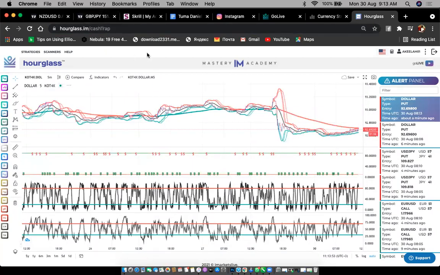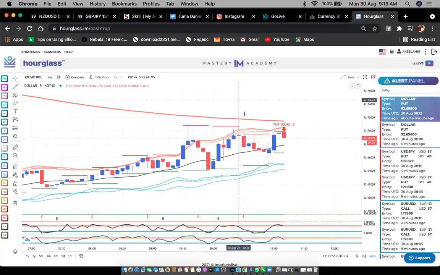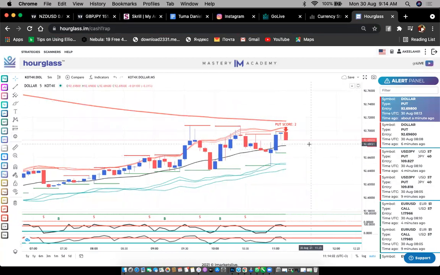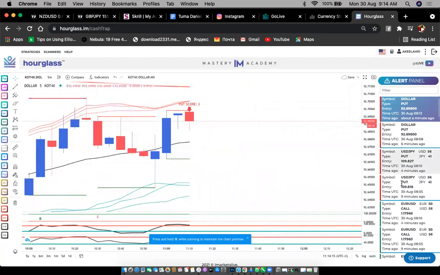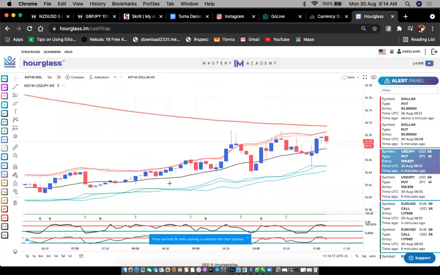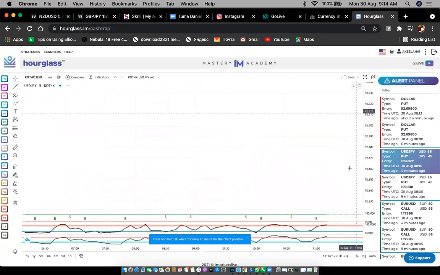Okay, now you see Cashtrap, right? Now, you know the point system. When you see an arrow, you see how many points the arrow is, and you want to go in for the trade. But this is what I want you to do. When you come to Cashtrap and you know that you want to trade USD JPY, once you select USD JPY,